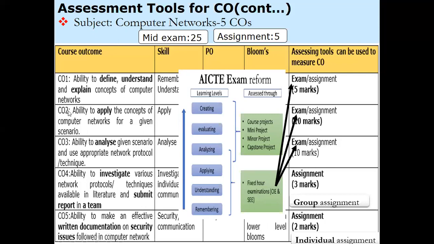Now, CO2 you have written based on the apply skill, and you are using a fixed exam, yes, it is possible. CO3 you have written based on analyze. You are using fixed exam hours. Yes, it is possible. CO4, CO5,